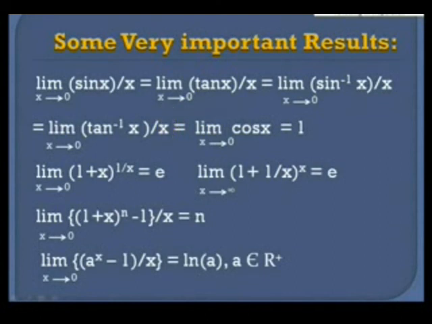The next is limit of (1 plus x) to the power 1 by x when x tends to 0 is equal to e, and the limit of (1 plus 1 by x) to the power x when x tends to infinity is also equal to e. Now this is